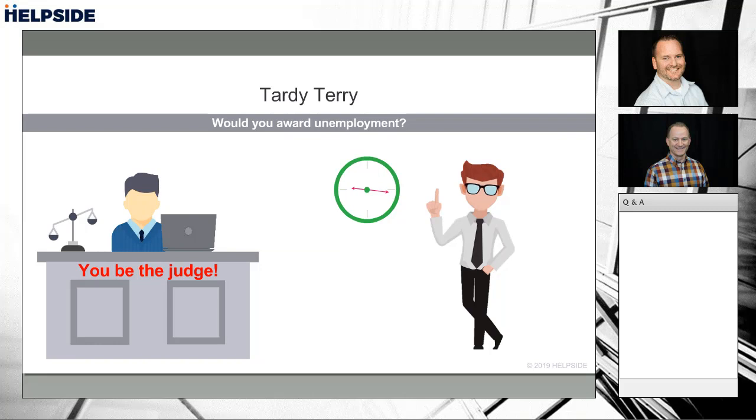Yeah. So, if he's got a sleeping disorder, or if he has a babysitting issue, or there's transportation issues, something that's causing him to not be there on time, and you don't find out why, then yes, he's probably going to get unemployment because the judge will ask. They usually do. Right. Okay.